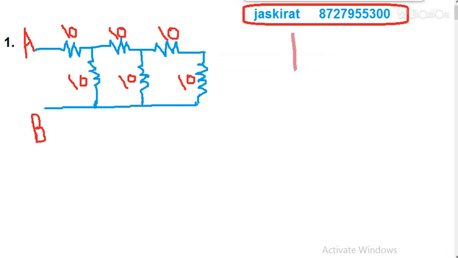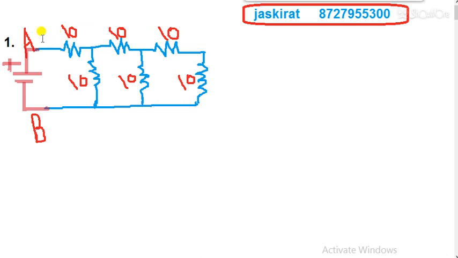Here I am going to solve this one. I have to find the resistance between AB. That means let's suppose I have connected this terminal to the positive terminal of the battery and B to the negative terminal of the battery. So whenever a question asks you to find the resistance between any 2 points, connect the battery there first, then analyze the circuit.